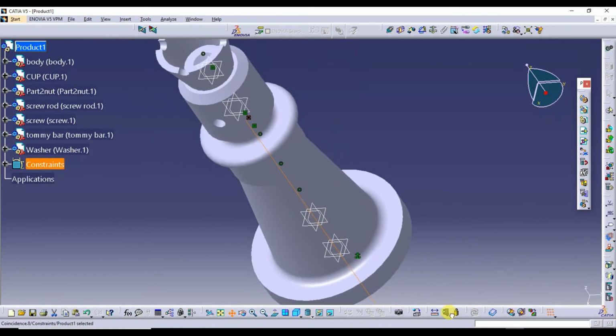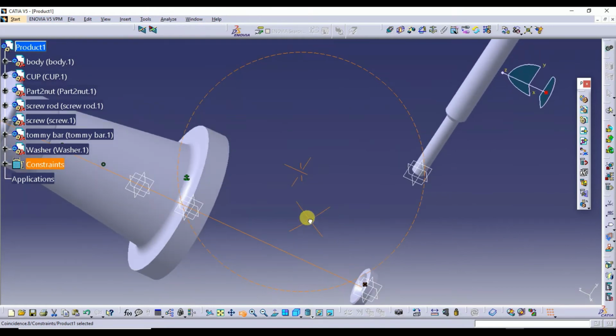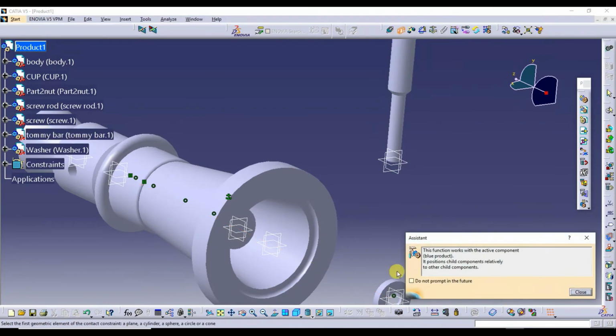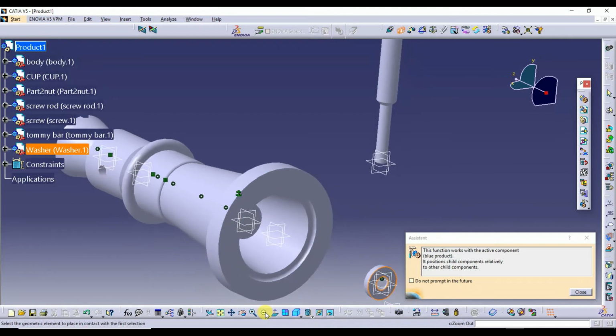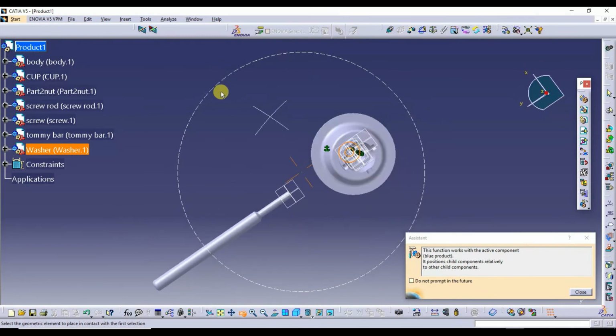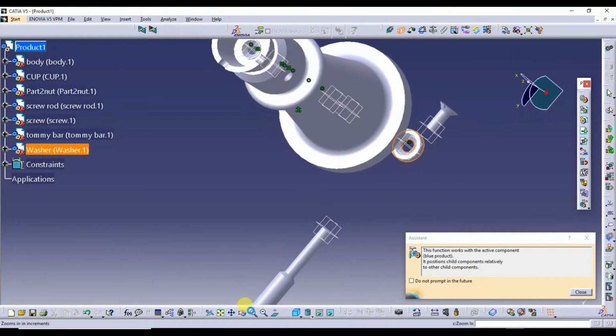Next, what I do, I'll select the lower surface of this. I'll go for the contact constraint. I'll select this surface. I'll zoom this a little bit.